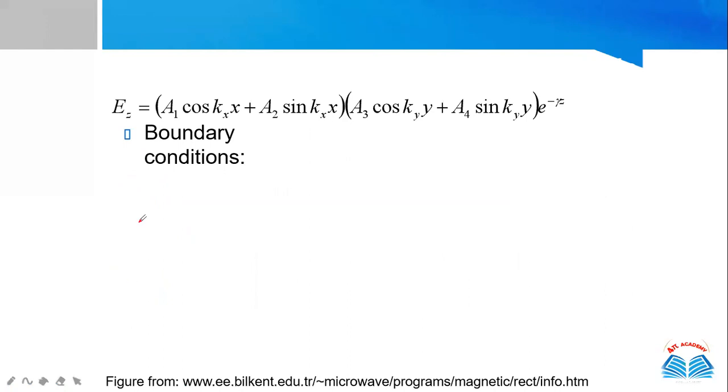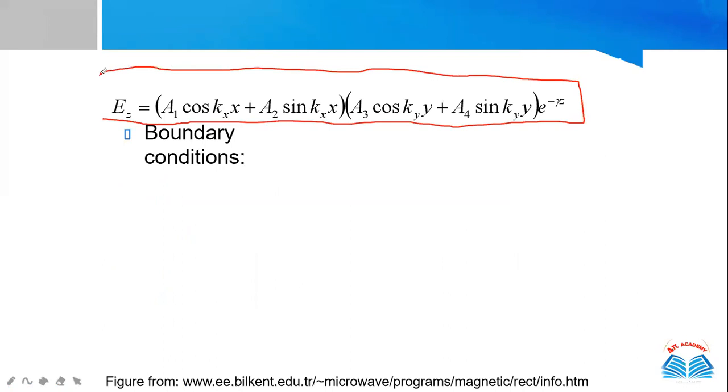So for Ez, when we are making a single term for Ez, we are getting this one. You can get this expression by solving all the equations we have discussed in earlier slides. So we are getting this much equation. This is a big equation, so we will apply some boundary conditions to reduce the size of the equation.